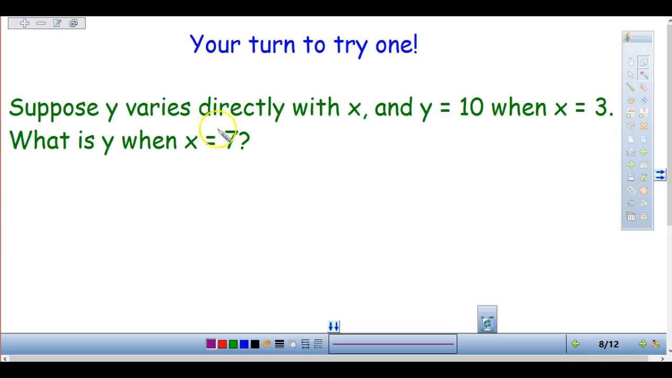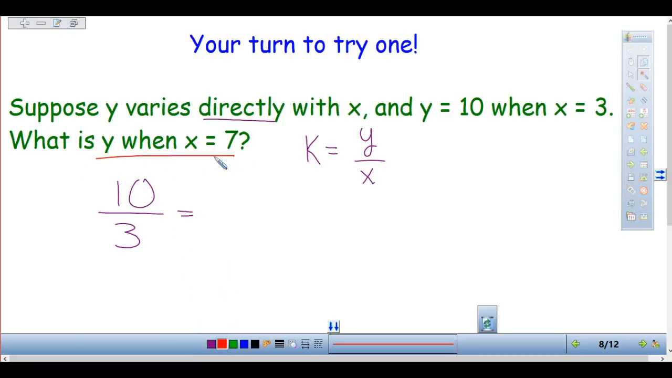Okay, so again, everything we're doing today is directly, so at this point, that doesn't matter. But when it's directly to find our constant, we take y divided by x. So y is 10, so I'm going to go 10, and I'm going to divide it by 3. Okay, so 10 over 3, and that equals then, on this side, I don't know y, so y goes on the top, and I get 7 on the bottom, because that's my x. Okay. Now when I cross multiply,